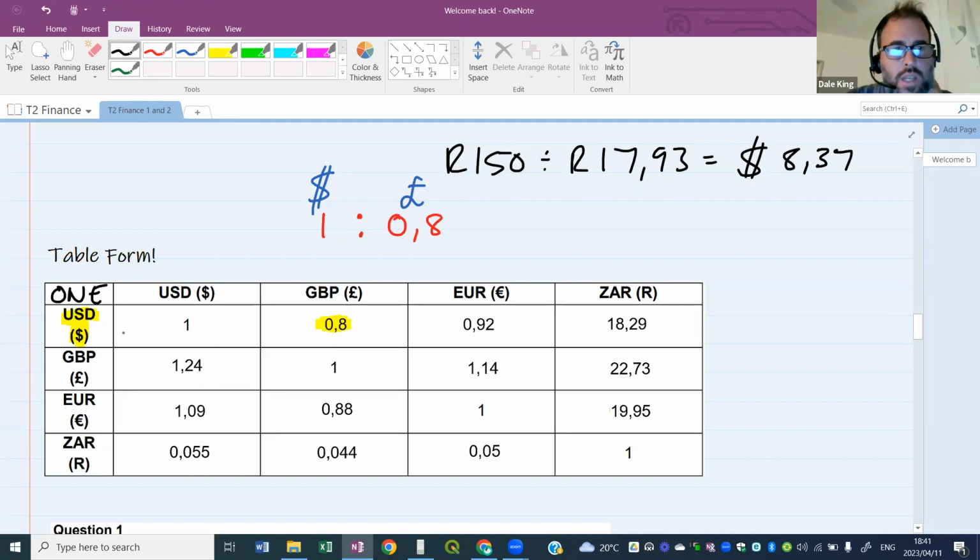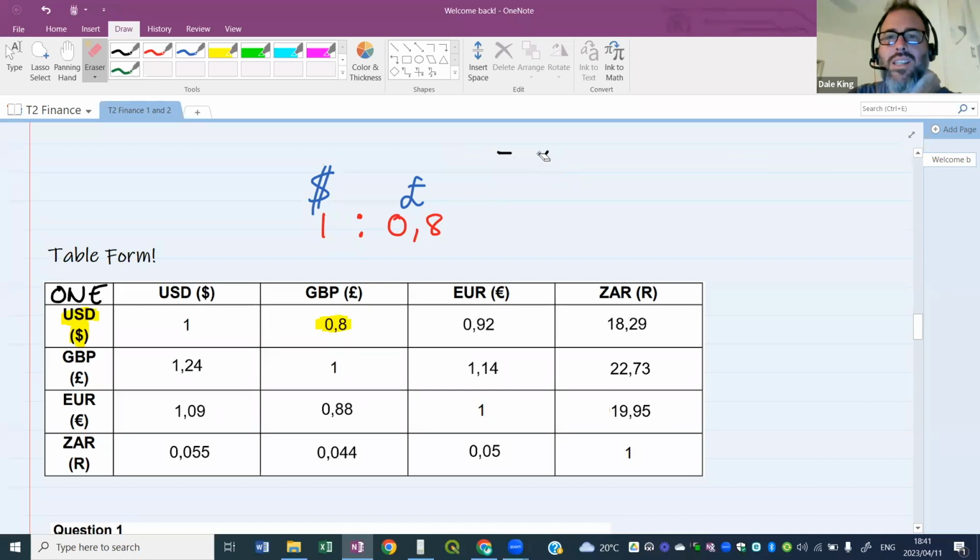All right. So looking at our table, $1 gets you 0.8 British pound. Here's my question to you tonight. Which currency is stronger for 1 mark, and for 2 marks, why, looking at my ratio? Who can tell me? Now, guys, please don't just start typing sentences. Talk to us.